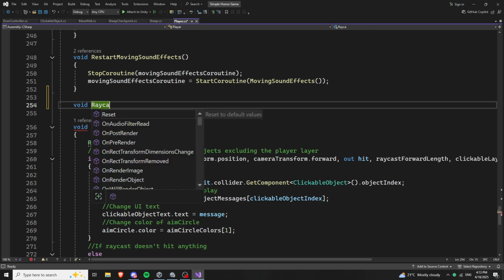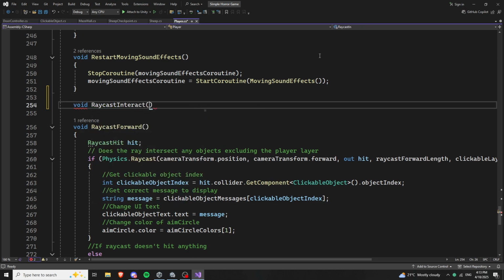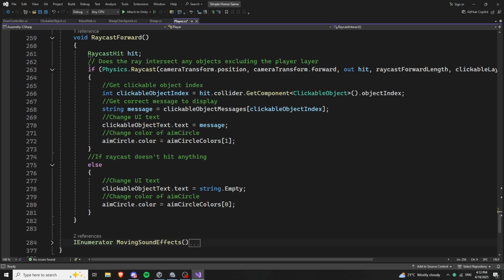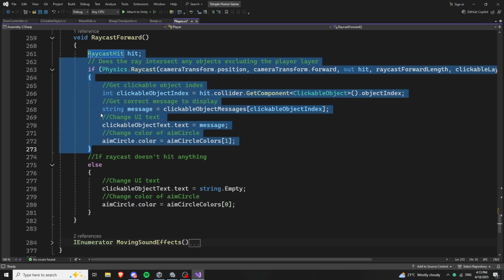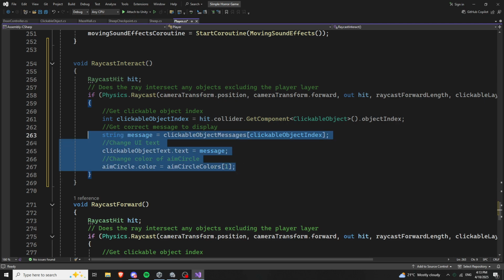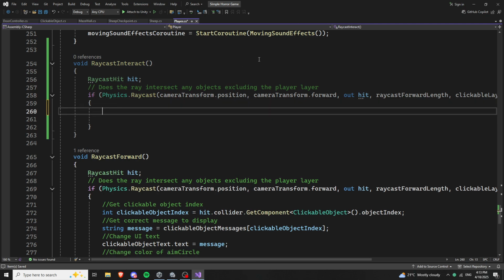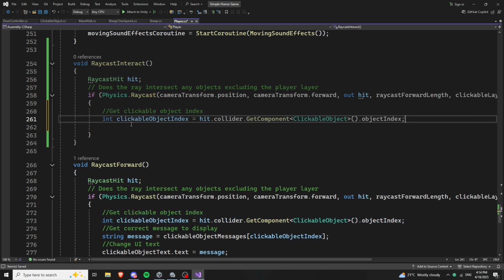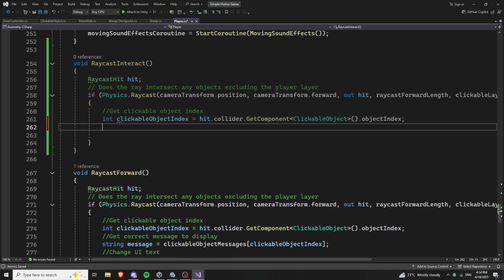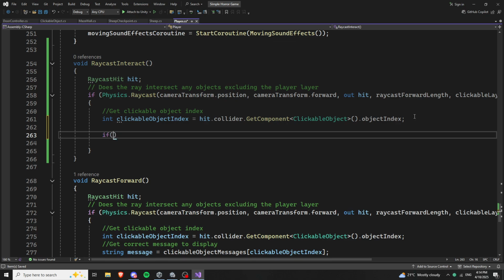So we'll say RaycastInteract like that. Use the same raycast. We can delete this stuff. And let's see. Yes, we need to know what index, what kind of object it is. So yes, let's copy this here. So we get the index, and then let's see for 0. So if this is 0,